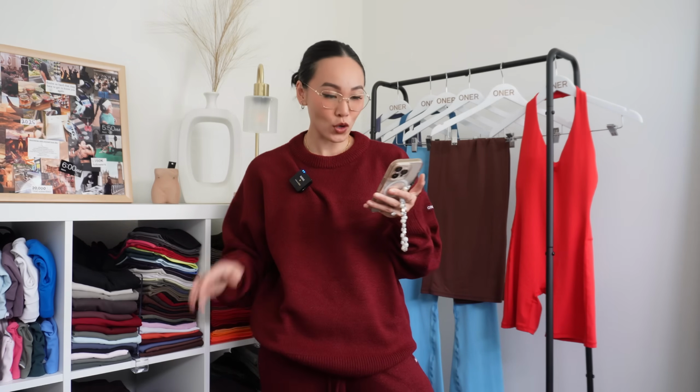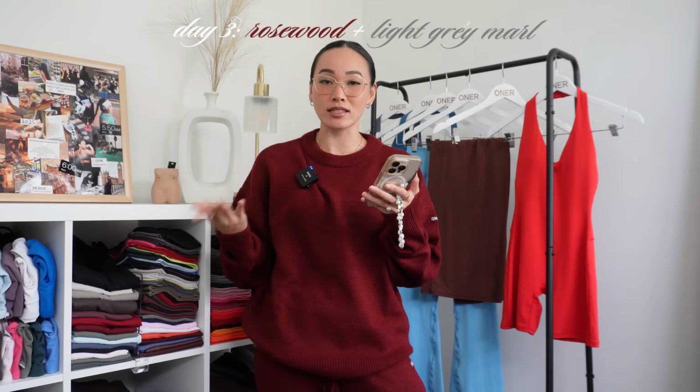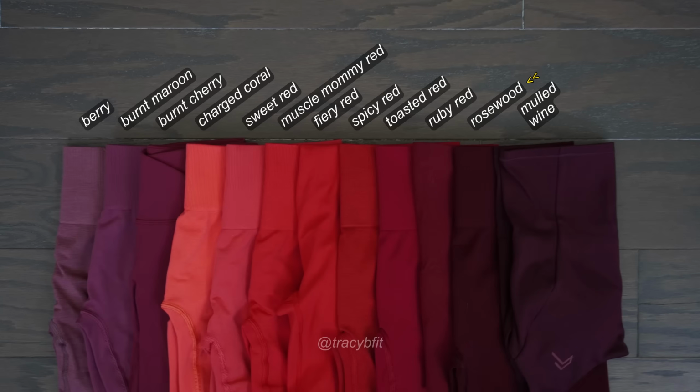For day 3, we have Honor's first ever knitwear collection. I'm so excited for this, you guys. What the heck? I love that they're expanding into all these different product lines. So we have Miss Rosewood as well as light gray marl. So I'll go ahead and put color comparisons on the screen for you to see,